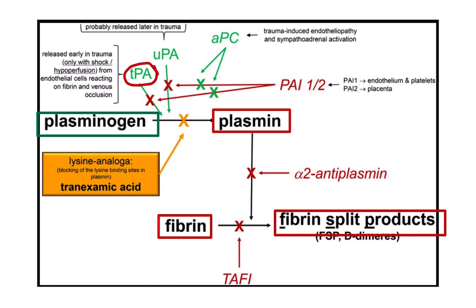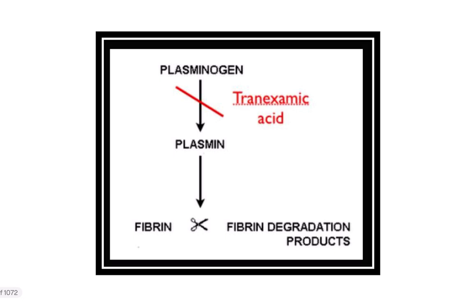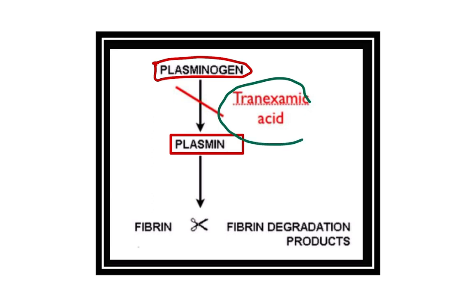So tranexamic acid inhibits this pathway. That means it inhibits the formation of D-dimer and the formation of plasmin, that is, plasminogen to plasmin. So tranexamic acid inhibits plasmin formation. Here is another illustration: the plasminogen is converted into plasmin, and this is inhibited by tranexamic acid, which is commonly used following